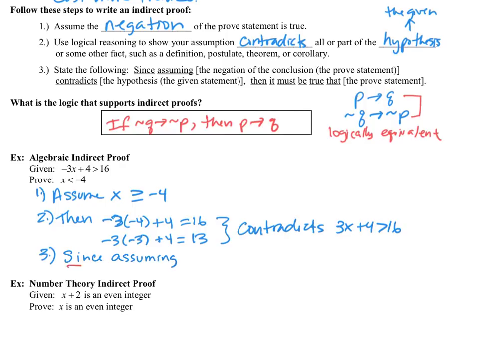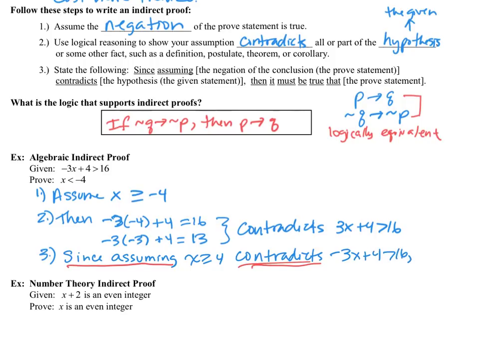Let me just underline that. Since assuming what? What did we assume? That x was greater than or equal to negative 4. Since that contradicts our given, which was that negative 3x plus 4 should be greater than 16,